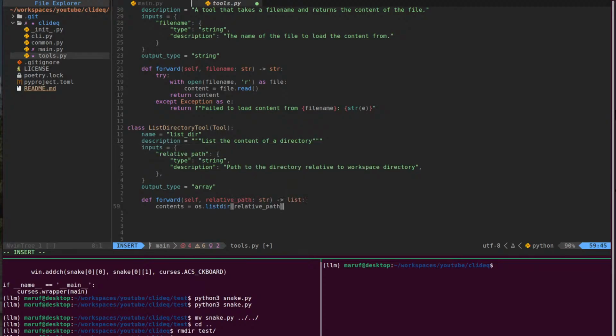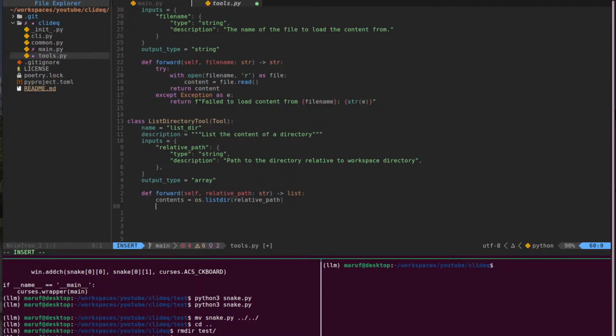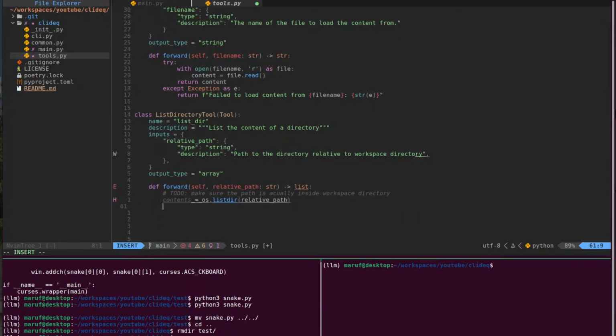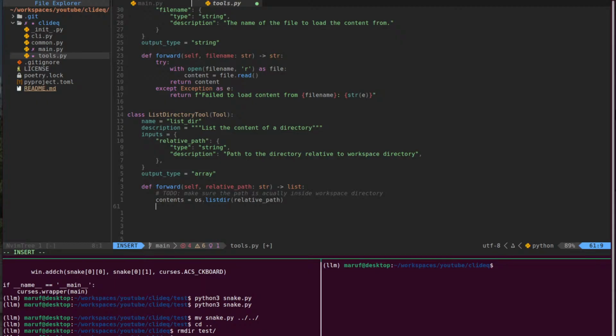Okay, so here is the thing. If we give it a root, which is slash, basically the root folder of the system, then it will list that one also. So let's just put a to do here. Make sure the path is actually inside workspace directory. Otherwise it's a security issue. You can see everything. So this is that, and then return